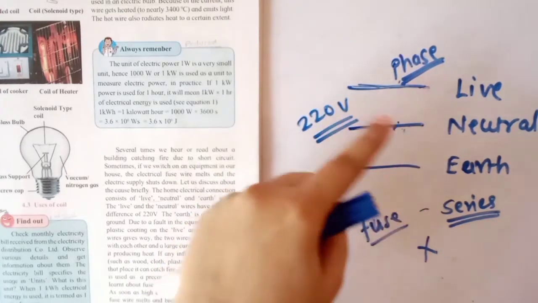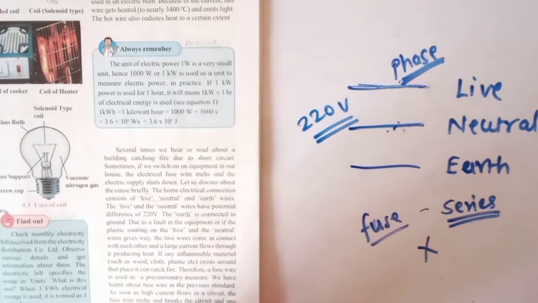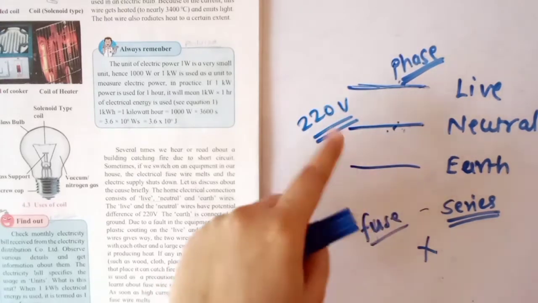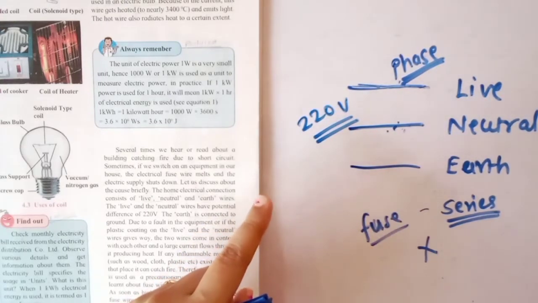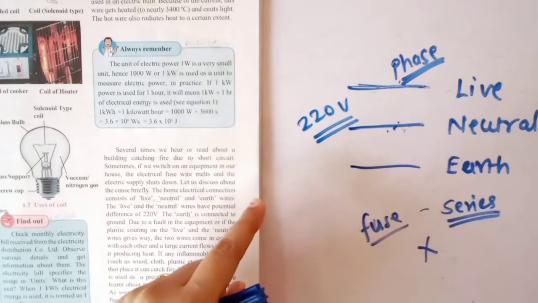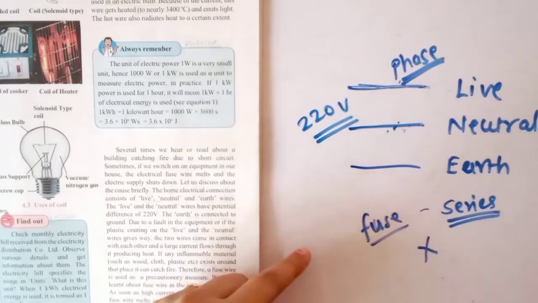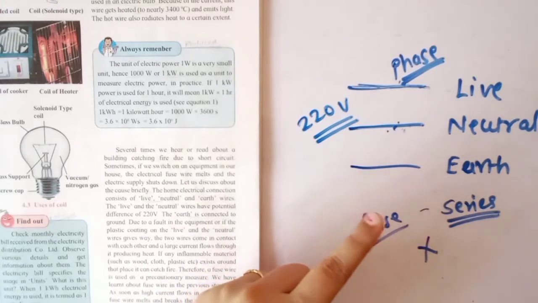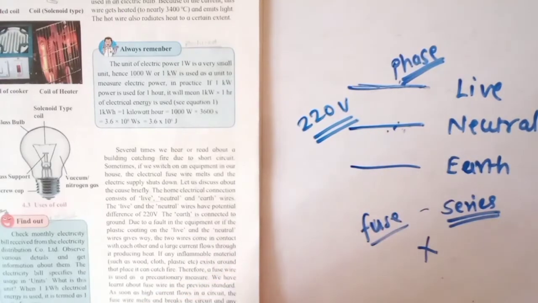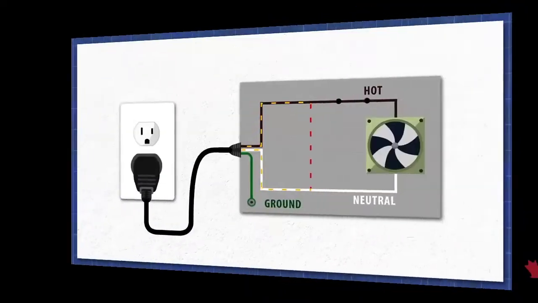A large amount of heat is produced due to the flow of this large current, and any inflammable material like wood, plastic, cloth, etc. present around the short circuited place can catch fire. Okay, so if the household connection has a fuse wire connected in it, then the short circuit results in melting of the fuse wire and the possible damage to the house can be avoided. Is this thing clear to you?